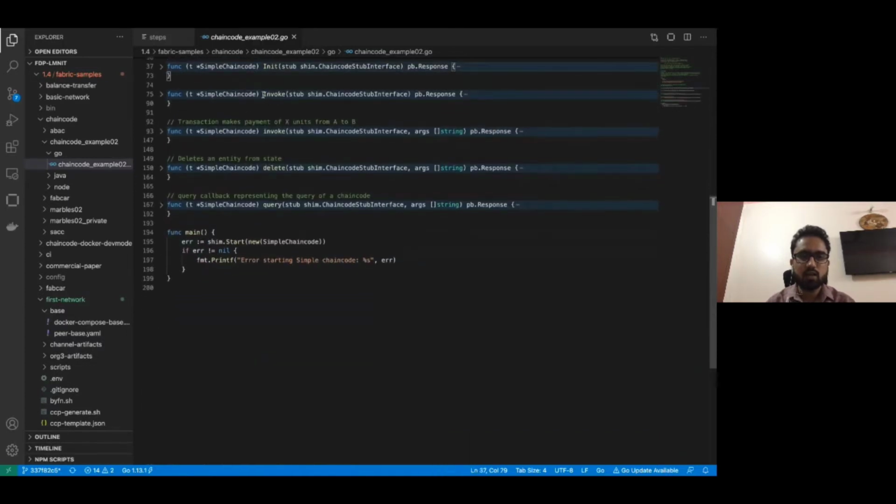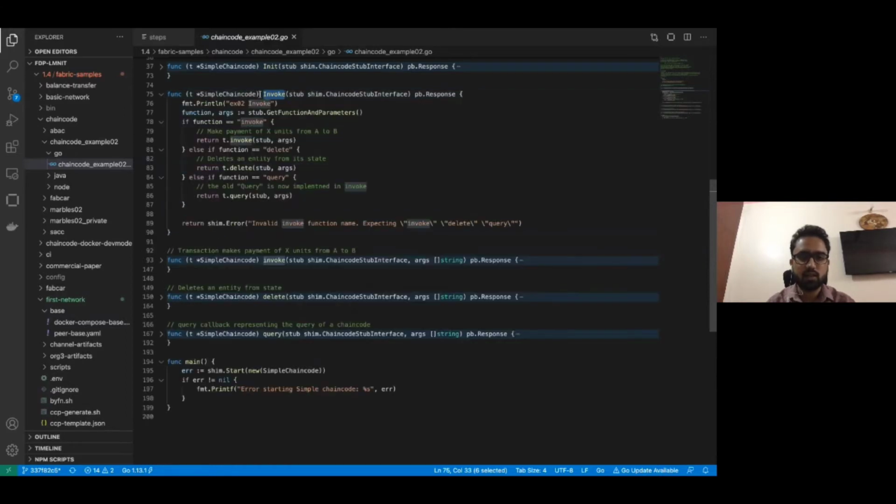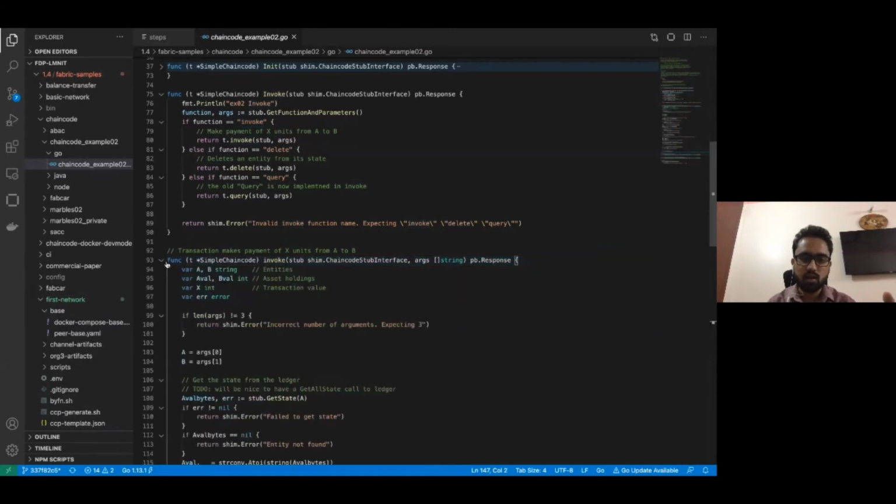Now, the other major function that we have to write in our smart contract is invoke. Inside that we can use some if and else cases. Suppose there are several subtasks that we have to perform on a smart contract, for example some transfer. In that case, we can write a function that does the transfer logic, and we can call it from here.